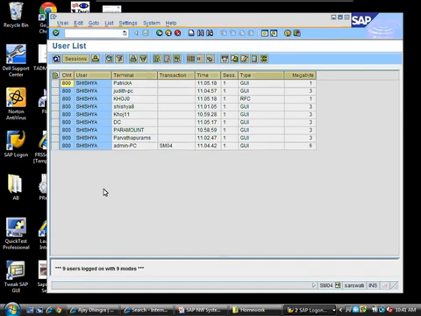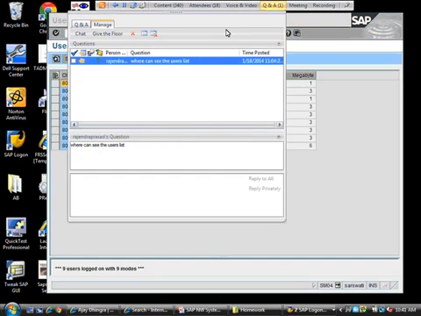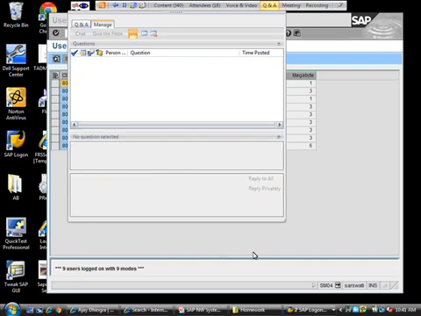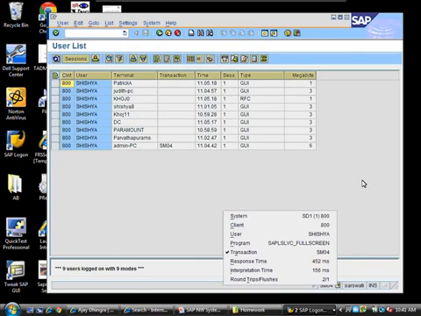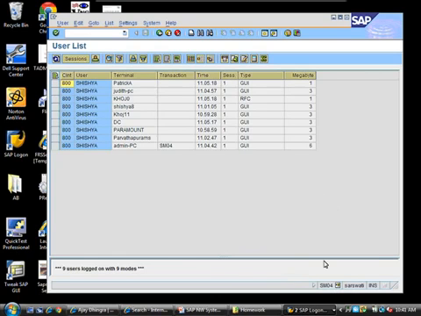All of you should be able to do that. /n SM04, hit enter. So that's how you do a transaction in SAP. And there are thousands of these kinds of transactions. Right? And the transaction I'm doing is visible at the bottom end here. And SM04, right? Yes. SM, Systems Management 04. 04? Yes.